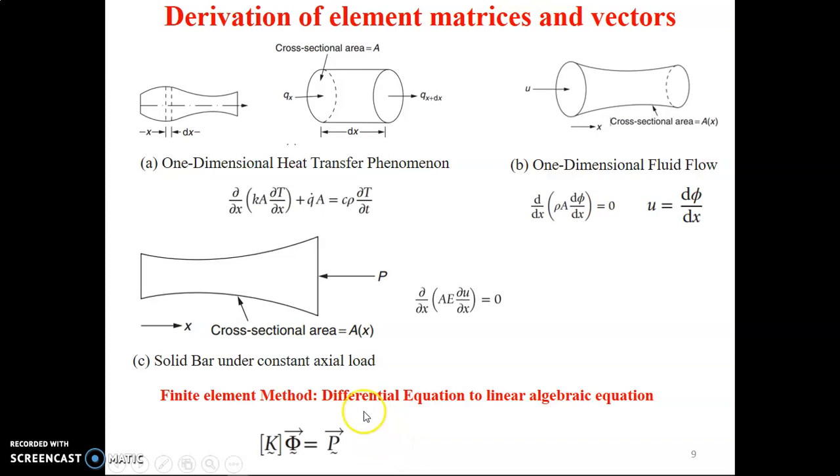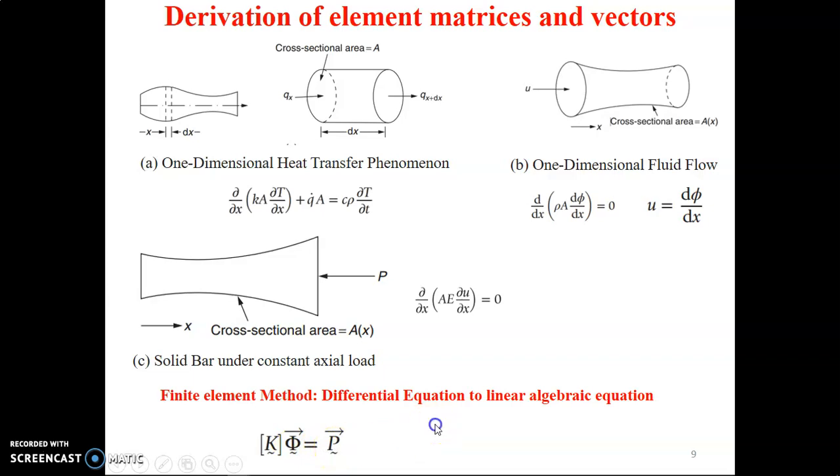The final linear algebraic equations can be expressed as K φ = P. Here K represents the stiffness matrix associated with a particular element, φ represents the displacement at the nodes within the element, and P is the load